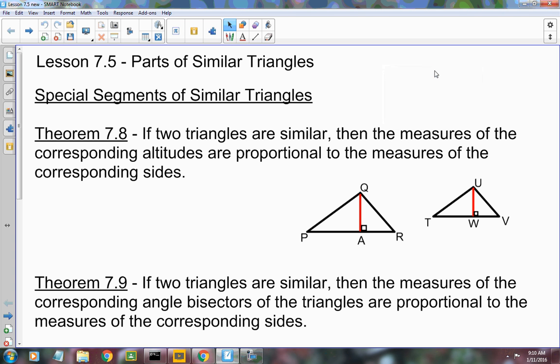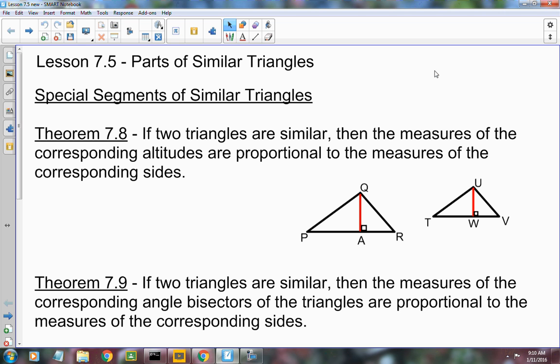Okay, so we're going to cover lesson 7.5, parts of similar triangles. Last week we learned what it meant to be similar triangles. And in similar triangles, what's true? What makes them similar? Corresponding angles are congruent and corresponding sides are proportional. Very good. Okay, so in today's lesson, we are going to learn that not only are the sides proportional, but